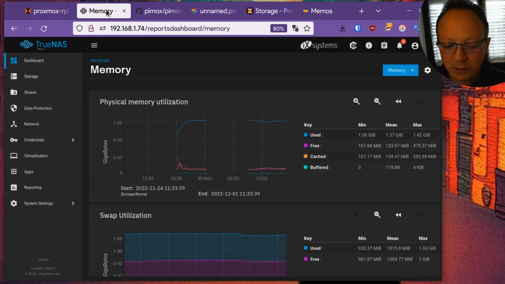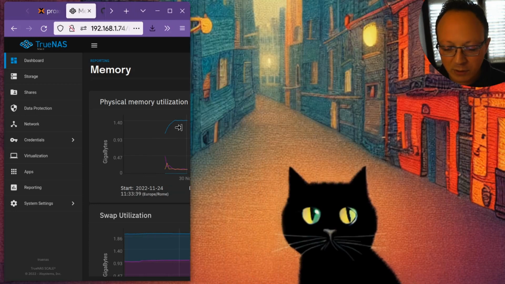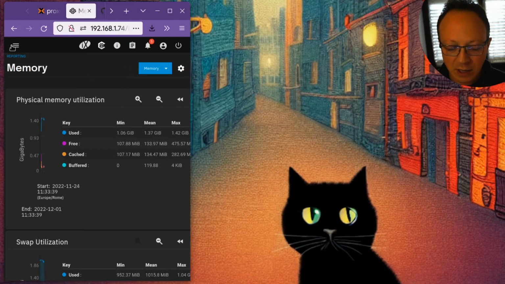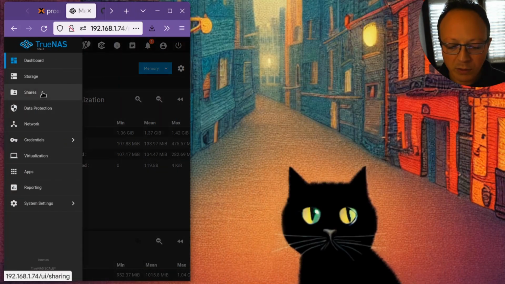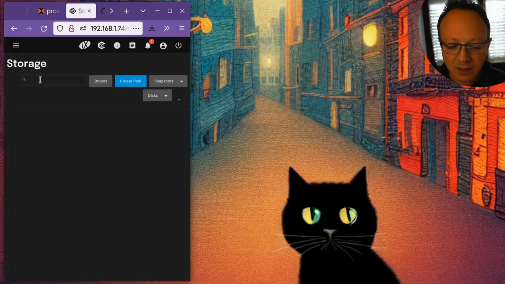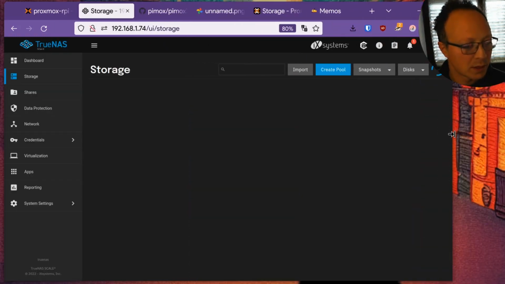While with TrueNAS, the website is responsive, so as you can see, the same web UI can be used on mobile phones, so it's very cool.